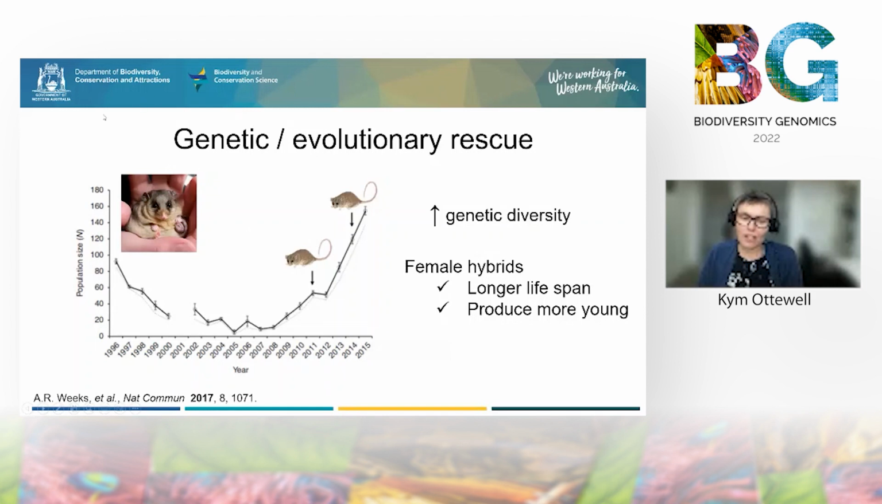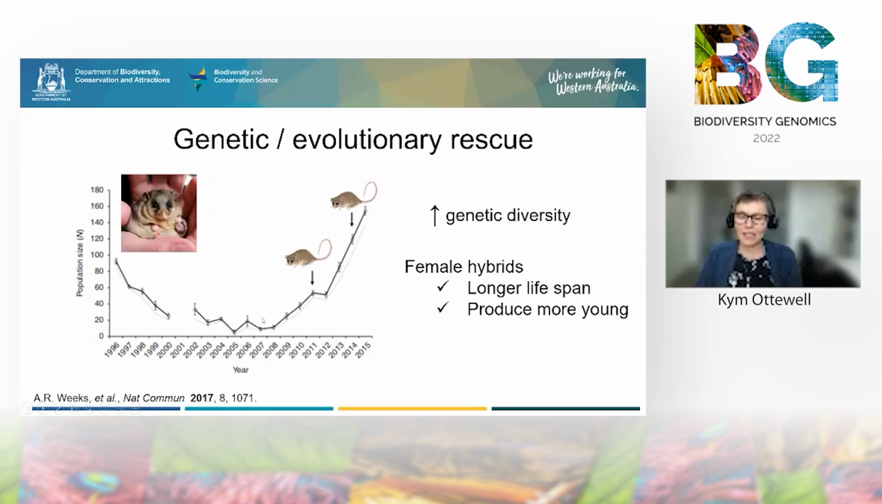So there is now beginning to emerge some awesome empirical data showing the impacts of genetic rescue or evolutionary rescue in some cases, where mixing differentiated populations can actually lead to an increase in genetic fitness of the resulting population by reducing inbreeding depression and reducing genetic load. So the classic example of this work was done by Andrew Weeks with the mountain pygmy